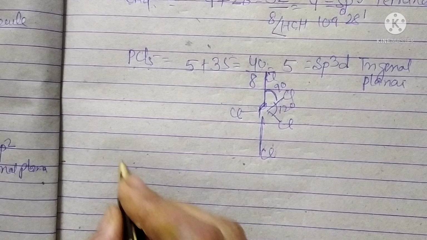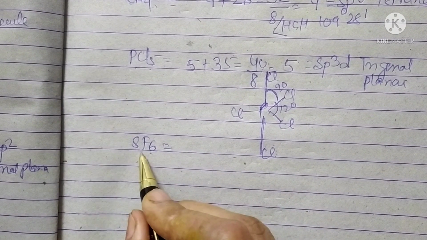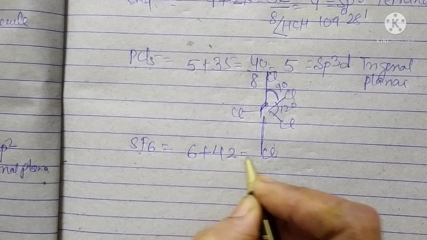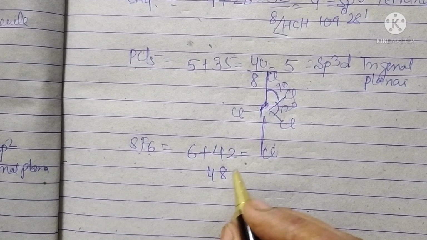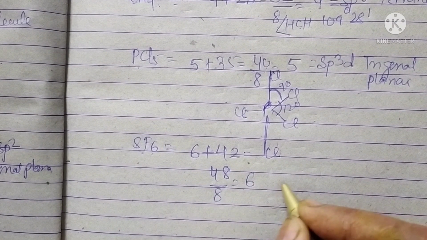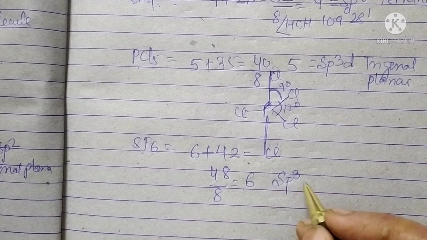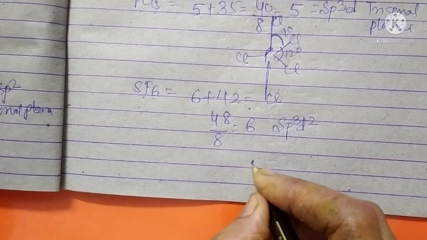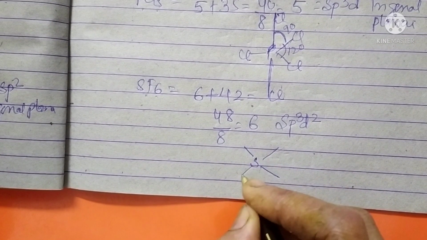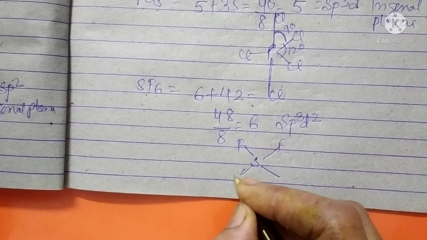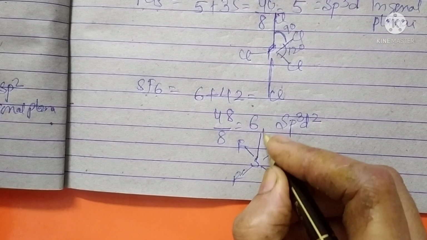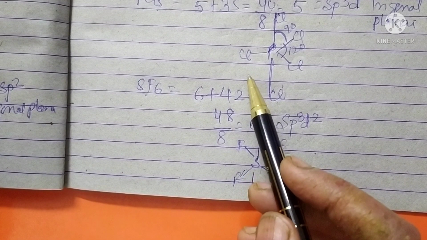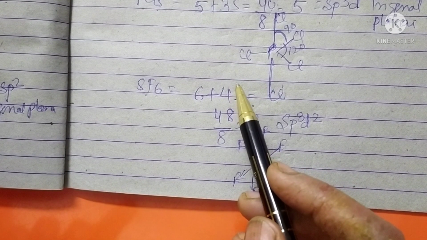Now another molecule is SF6. Sulfur has 6 valence electrons, fluorine 6 sevens are 42, so it is 48 divided by 8, and the answer is 6. So the hybridization will be sp3d2, and the shape of the molecule will be octahedral, meaning one sulfur in the center and 4 atoms at the corners. These 4 atoms are in one plane, and one is above the plane and one below the plane. So this is the shape of molecules which don't have lone pairs of electrons; only bond pairs of electrons are present in these.